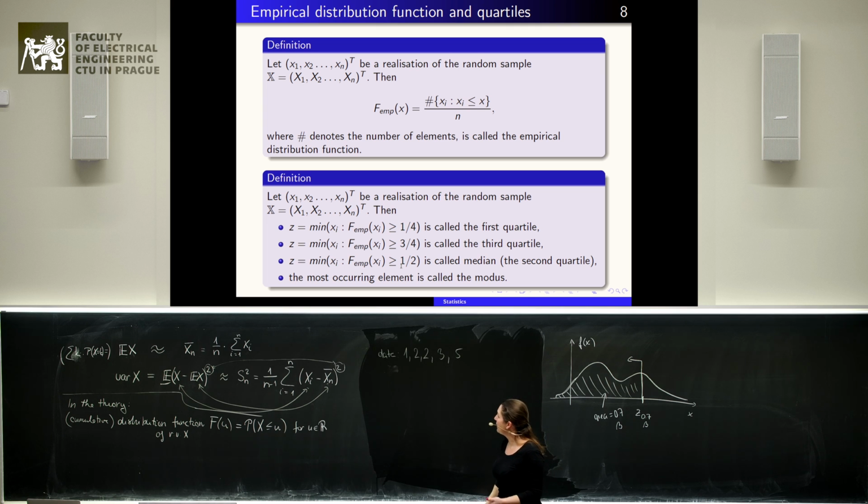Then, in fact, we have a random variable taking 5 values, and one of these values is taken twice. So it means that we can take 4 different values, and the value 2 is taken with double probability. So when we care about the distribution function of the random variable describing which of these numbers is taken from the sample,